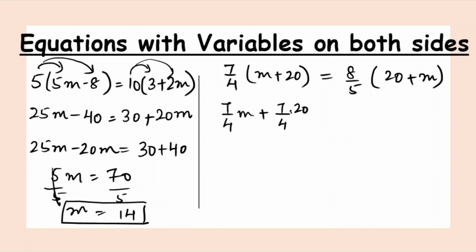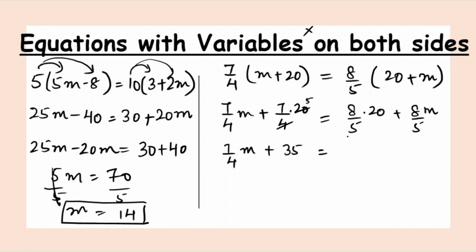In algebra, we don't put x for multiply like this one, because we often get confused with this. Is it a multiply sign or is it an unknown quantity x? We just put the dot to represent multiplication in algebra. Equals 8 fifths multiplied by 20 plus 8 fifths multiplied by m. So you get 7 fourths m. Now this 4, 20 divided by 4 is 5, and 7 times 5 is 35, equals 20 divided by 5 is 4, 8 times 4 is 32, plus